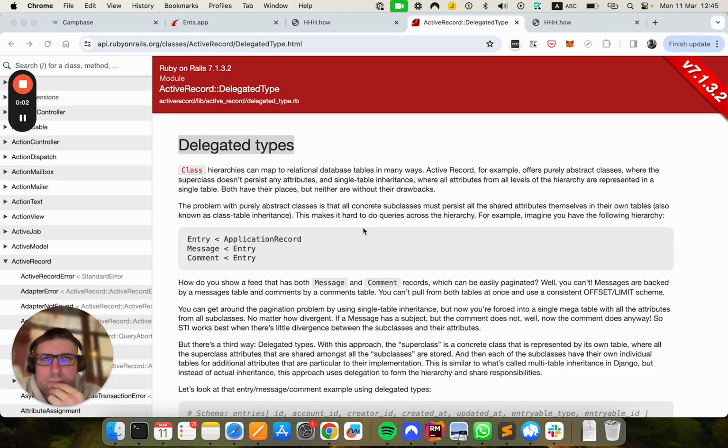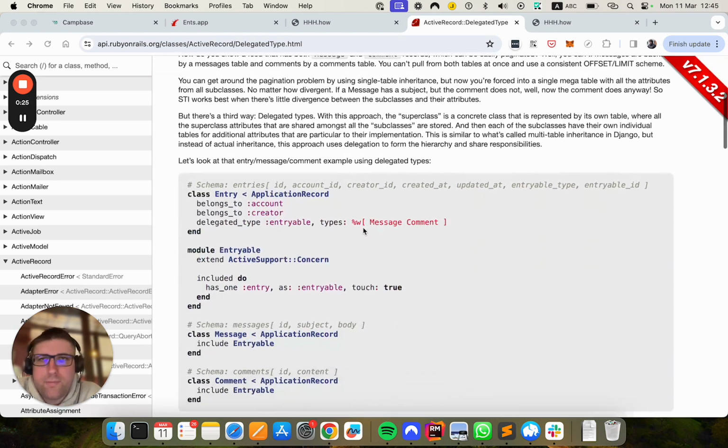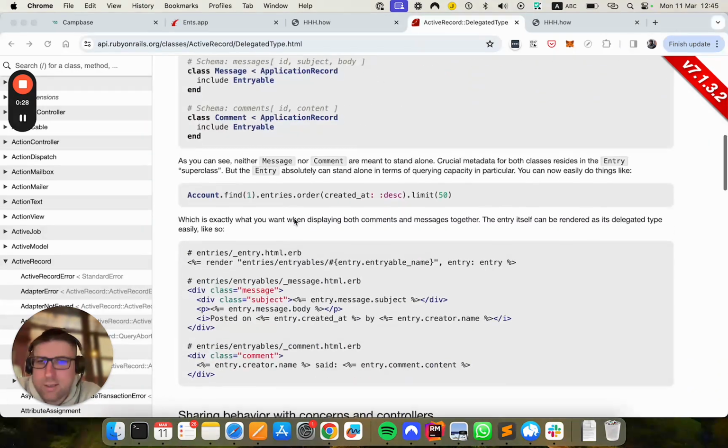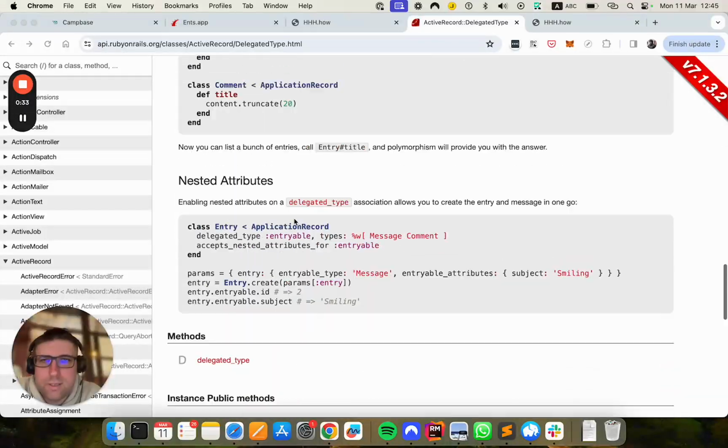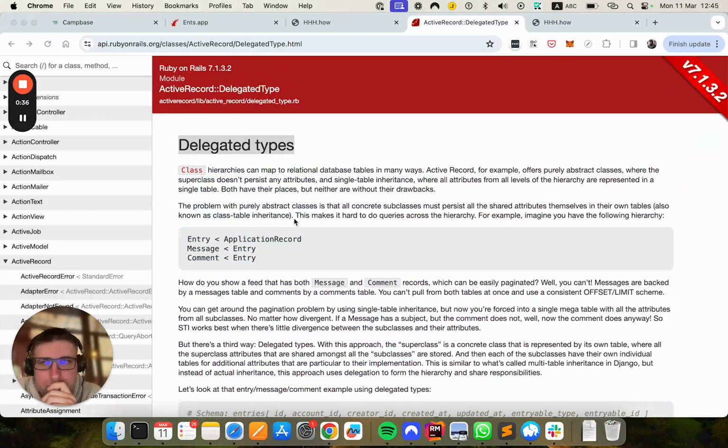One of the coolest features in Rails is delegated types. Now, this is not that well-known a feature. Don't know why, but it's really, really amazing when you have a difficult relationship between data that you need to then map inside your Rails application. And in the documentation, you have a really nice example, and I'm not going to go through this. Definitely please start reading this, but what I'm going to do is show you my implementation of how I'm using